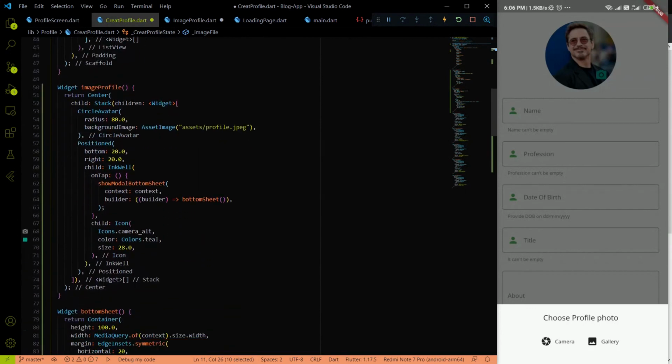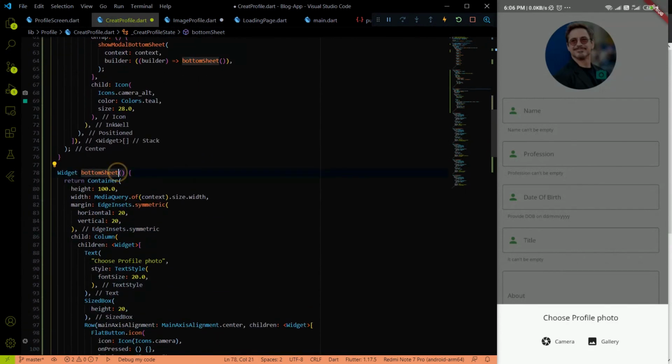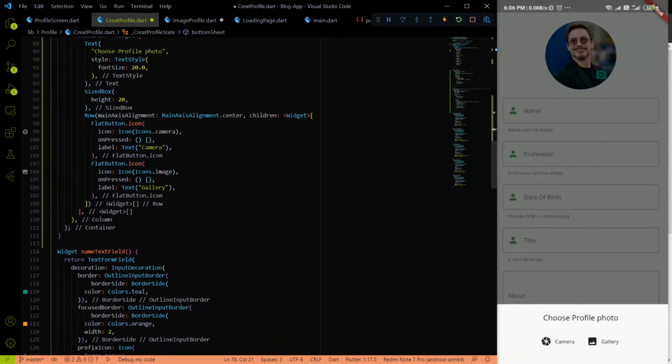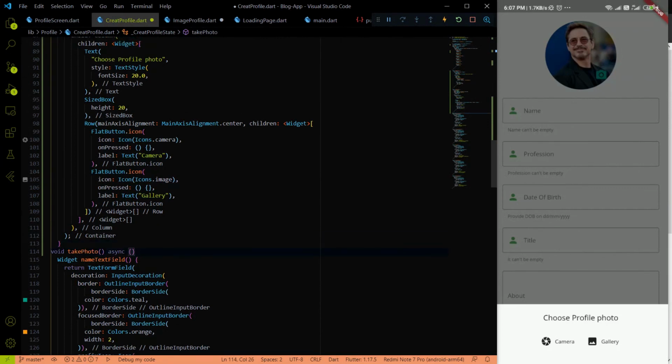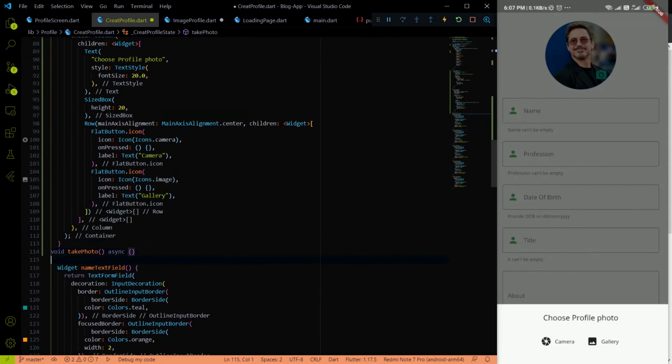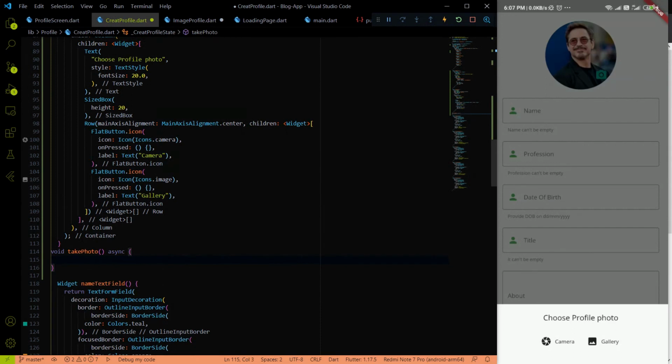Then go just below the build method and create another method, because we will handle this image picker kind of thing in this method. Maybe this video will be confusing for you, but I am trying my best to explain all these things. So we have to create another method for the image picker. The method will be the take photo method, and in the take photo method we will first